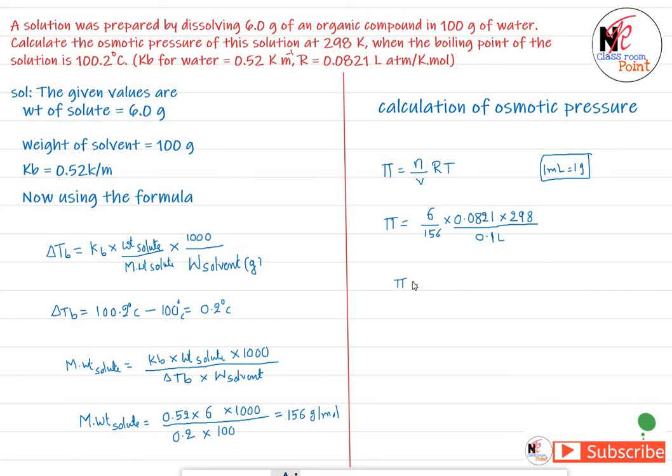Then by solving all this, the osmotic pressure of this particular solution we get as 9.398 atmospheres. This is the osmotic pressure of the solution. So initially the molecular mass was not there, which we calculated using the elevation of boiling point concept. Afterwards we substituted all this given data in the osmotic pressure formula, and finally we got the osmotic pressure as